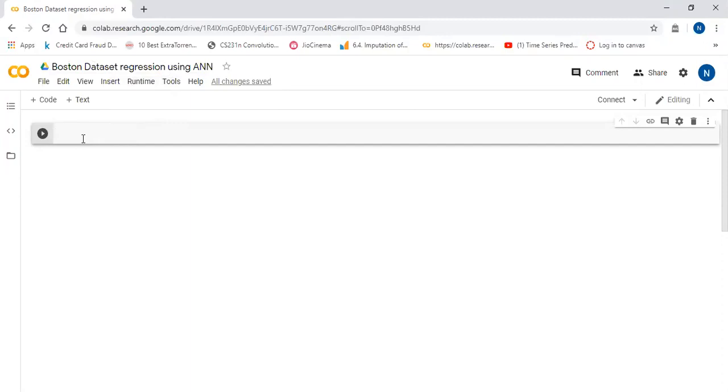And we are going to use the TensorFlow and Keras libraries over here. I'm going to use TensorFlow version 2.0. I'm executing code in Google Colab, so I'm using the magic functions.